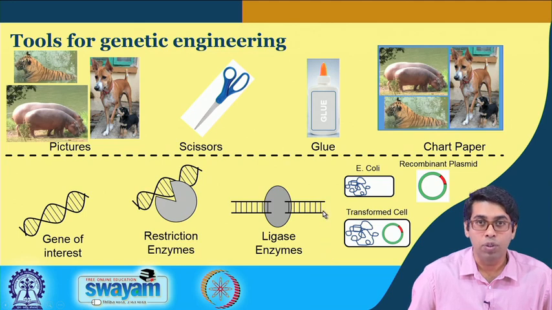And that is what we do to get our recombinant plasmid, and finally you put that plasmid into your organism of choice. In today's lecture, we will keep ourselves limited to bacterial cells, so E. coli, and that is your finished product. You can grow this E. coli, it will make your protein, and you can then purify your protein using chromatographic techniques.